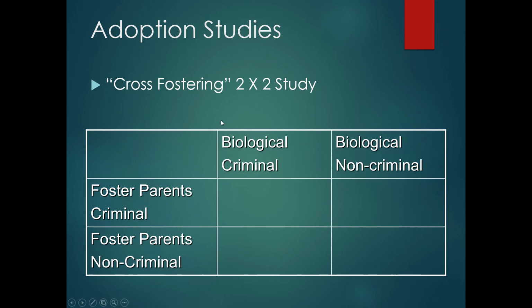So what you have here is you could have a child that was born to a criminal, so they have a biological criminal parent, or they're born to a non-biological criminal parent. But those parents give up that child fairly early on. And so this is the biology and this is the environment. Now, obviously, you do not usually hand children to foster parents who are criminal, but in fact, sometimes they turn out to be. So you have a group that was raised by criminals or a group that was raised by non-criminals. And basically what they're looking at is how many of the children have criminal convictions based on this 2x2